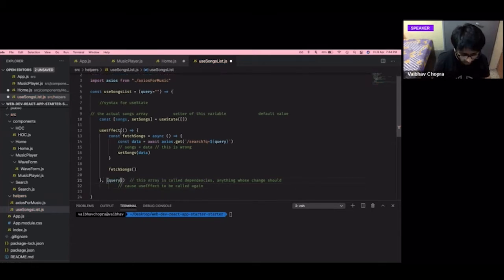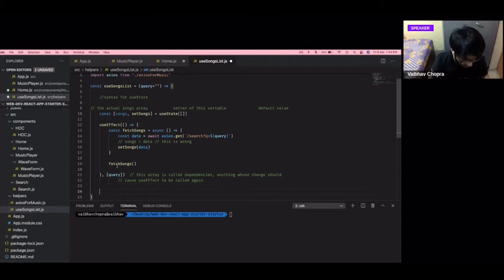Every time the query object would be passed to me from this useSongsList, every time the query object changes, I would want the API to fetch the whole data again and then give me the result, right? Because if you think about it, let's say I have searched for a song called 21, but I'm getting the data for something else, right? I want every time my query changes, the data to be changed and given back to me with the new data, right? So query is a dependency. You can't have live searching kind of a thing without passing query as a dependency. So you should note that.